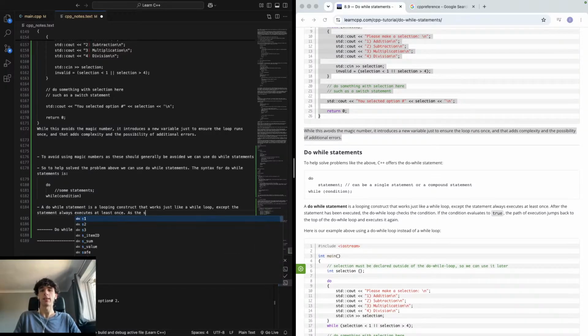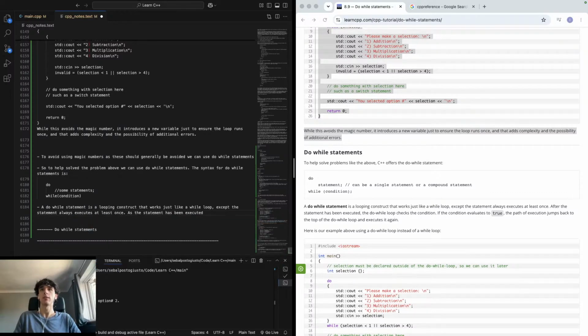After the statement has been executed, the do while loop